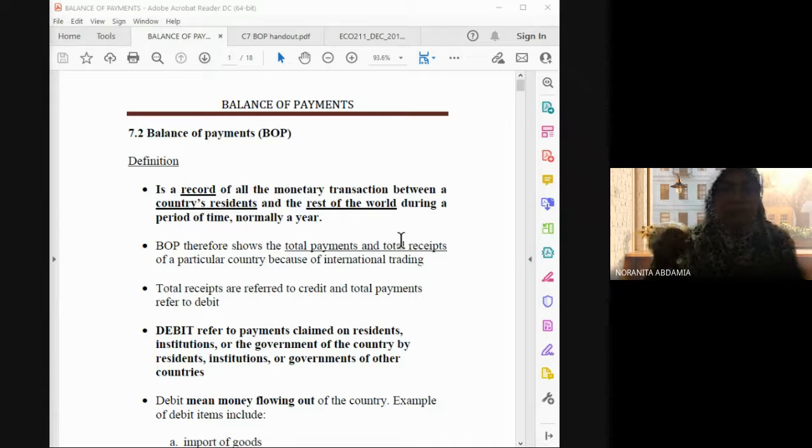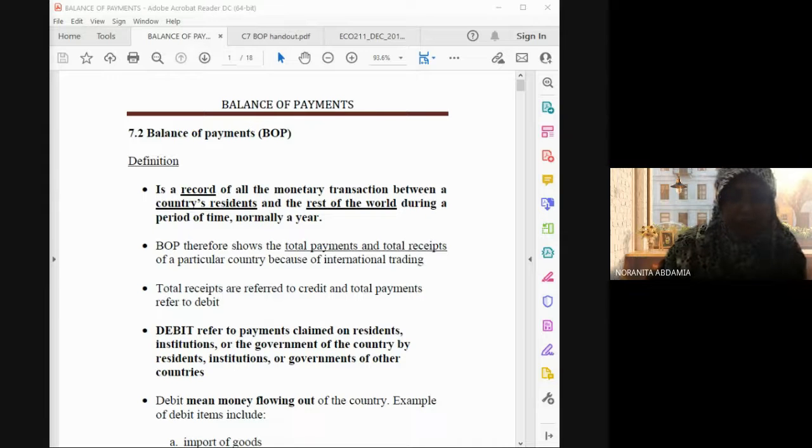Okay, balance of payment. So first of all, what is it all about? The definition. Of course, this is a record of the transactions between two countries, not between two states. Kenapa saya asyik mention state ni? Because in my experience, students keep mentioning between states. State tu negeri, my dear. Okay, international trade, international means beyond, melepasi satu negara. We interact with other countries. So that's why international trade involves two countries.